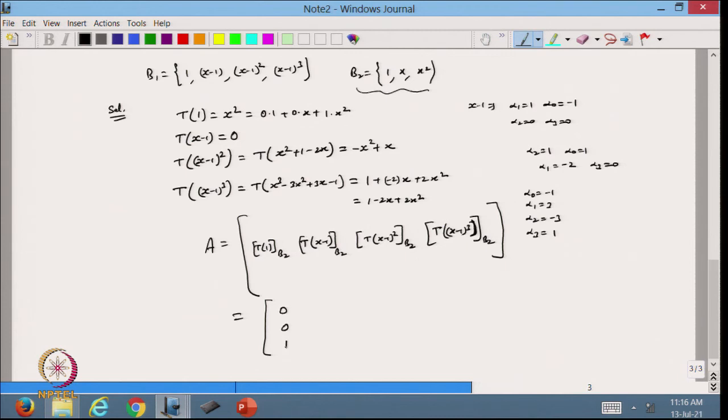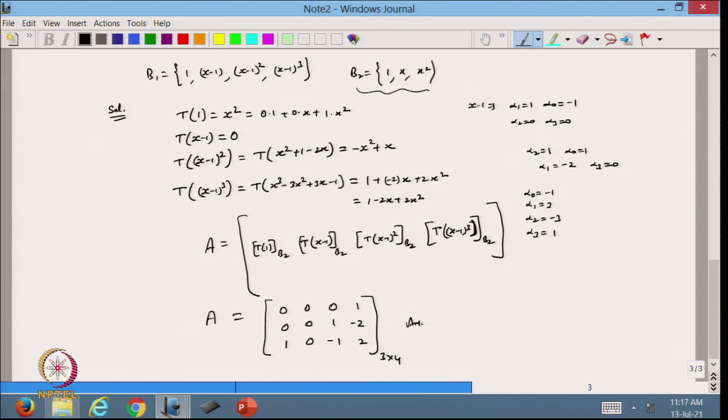0 0 1 0 0 0 and then we have, now it is 0 1 minus 1 and this is 1 minus 2 2. So, it is 3 cross 4. So, that is the matrix we are going to get for this. So, that is my matrix for the linear transformation corresponding to the basis B1 and B2. So, that is my answer,